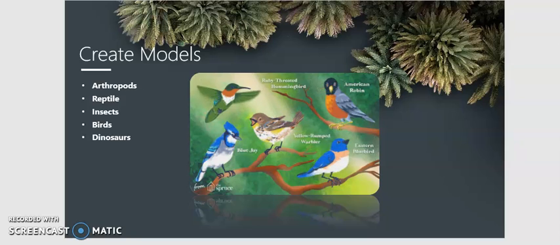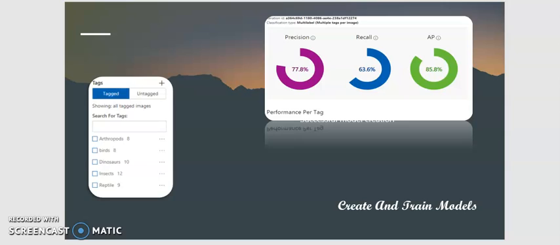So first of all, I had to create or select models, and I just selected 5 models to create. That will be arthropods, reptiles, insects, birds, and dinosaurs. So here are the successfully created models for us. Then